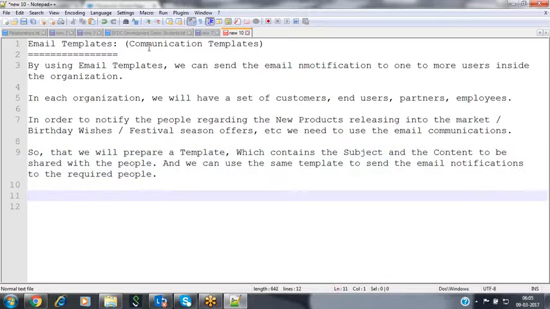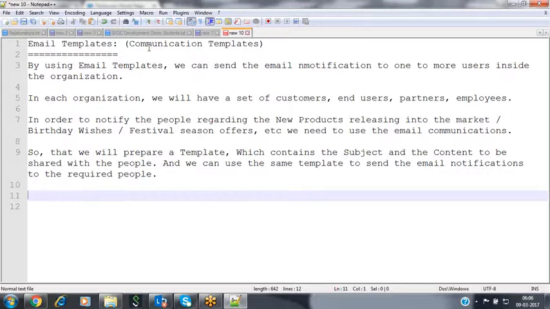In order to send that email notification, whatever subject and content you want, we can prepare as a draft. That draft we can use every time to send the email notifications. Now, to send an email notification, generally we need an email server. By configuring SMTP servers inside our organization, we can send the email notification.